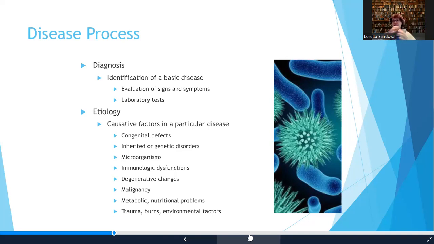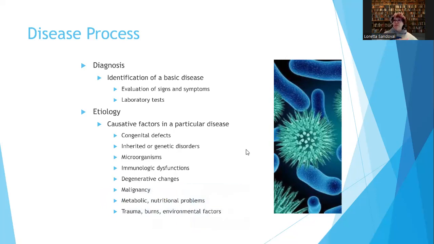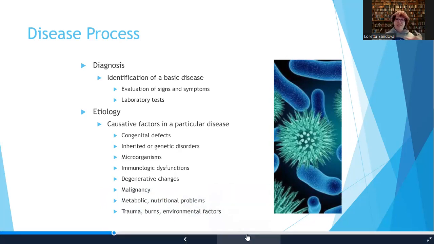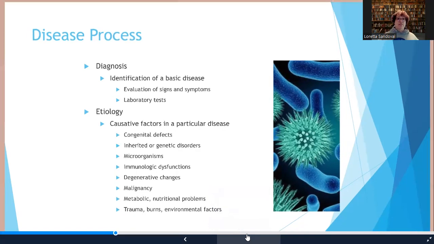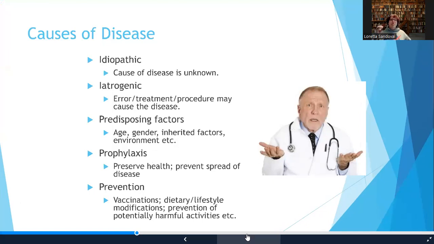And when we classify the individual diseases in this course and in other courses that you'll take, we'll talk about the etiology of the disease. So normally we'll talk about what's the etiology, what's the pathology, what's the treatment, what are the signs and symptoms. So that's commonly how we're going to classify the individual diseases. So the causes of disease, the etiology of the disease can be,